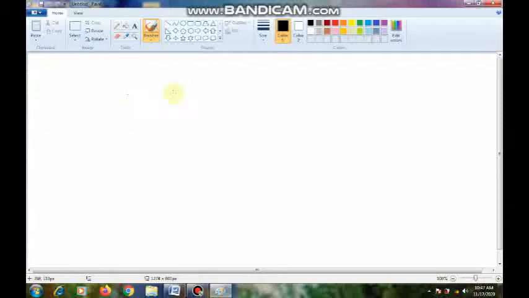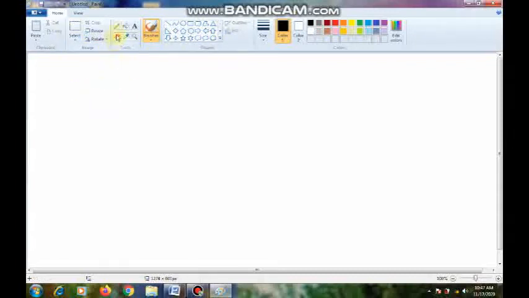Okay children, if you observe here, the top bar is called the title bar, and the next one is called the menu bar, and the next one is called the formatting toolbar. Now you see in your textbook page number 23, here some pictures are given. What are those pictures? Before identifying, I will explain one by one what tools are there in this Paint.